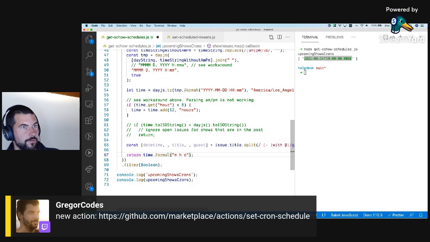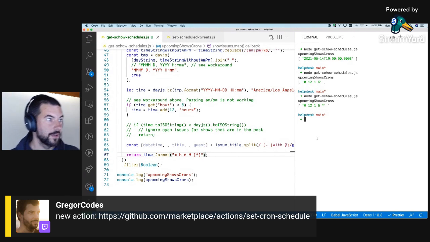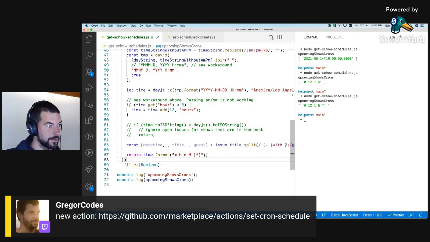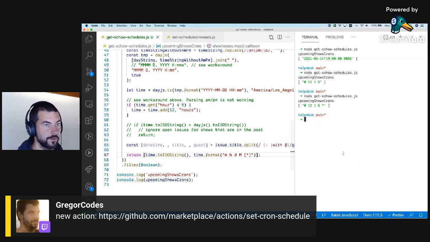And then the month. Well, I don't know. I will have to look up the formats for this. And then basically the last one is the day of the week. So we just want to use the star. But just for comparison, let me add the time to isostring here.